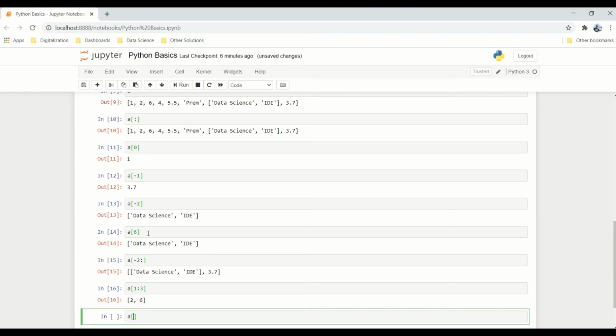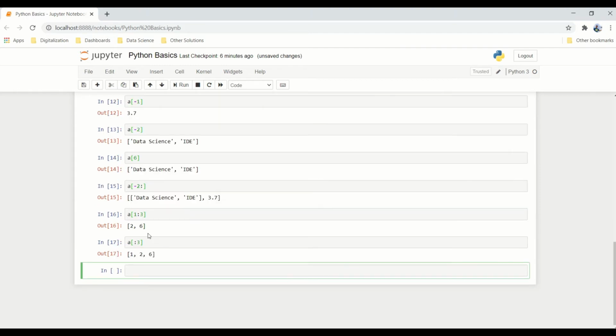Now if we say A of colon 3, that means A of 0 to 3, so from the 0th position till the third element it will show. What about A of 1 colon? From the first position till the end, this will show. So that's about the positions.